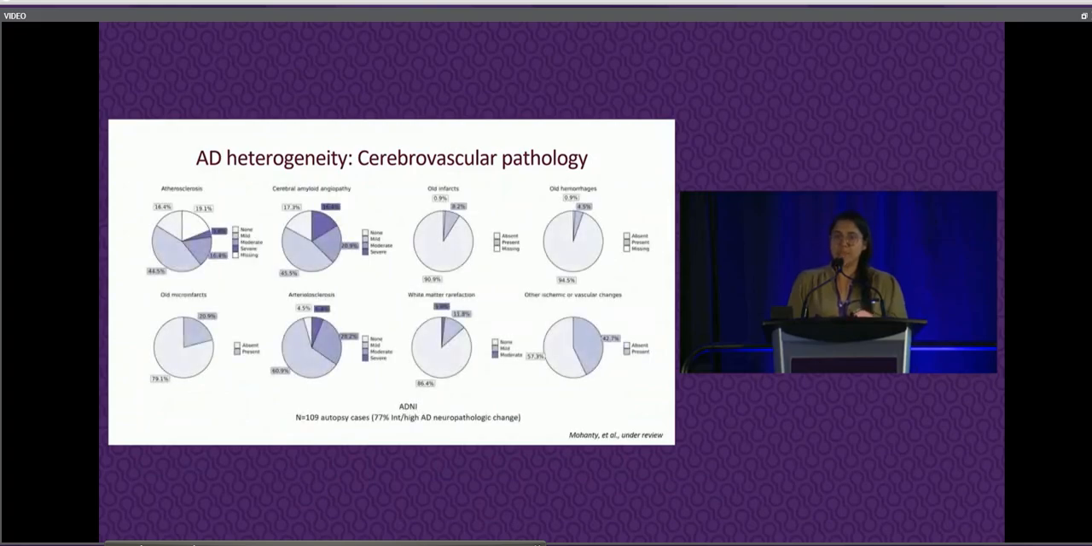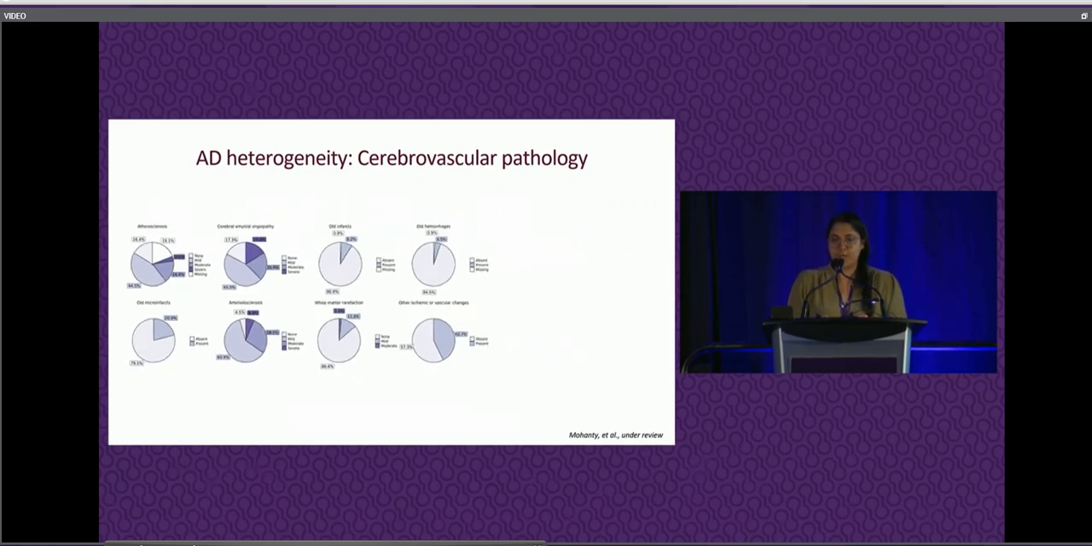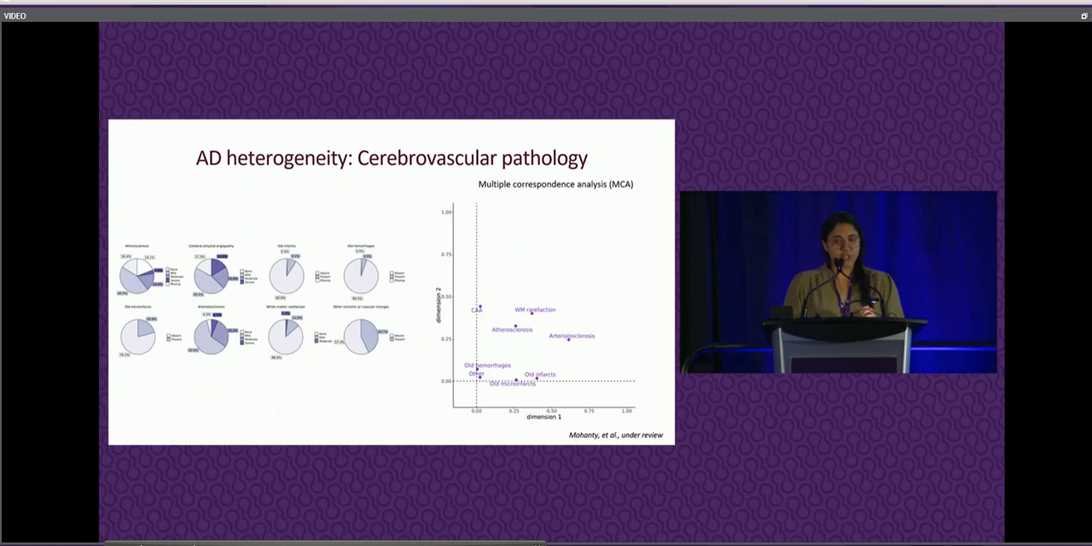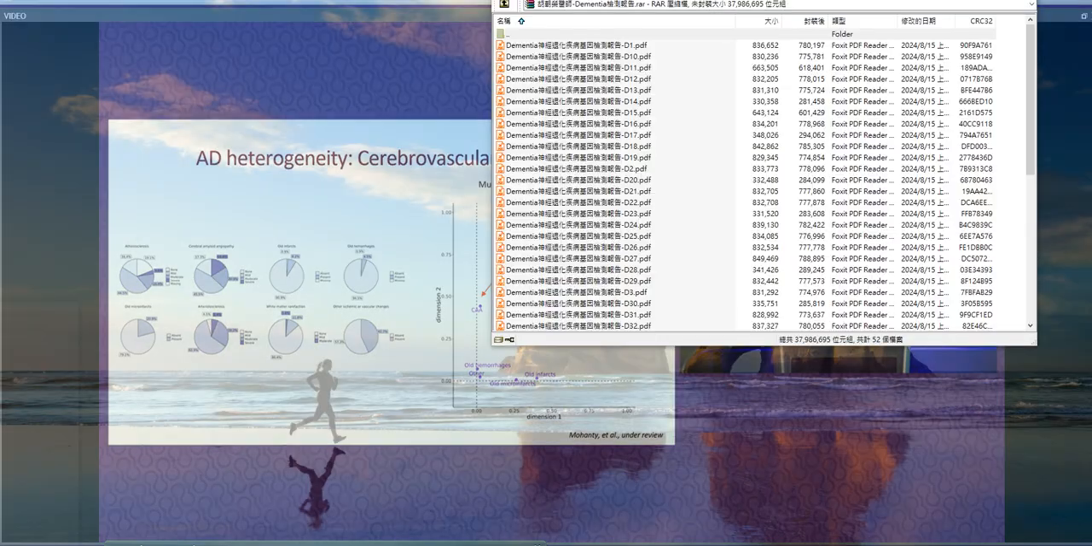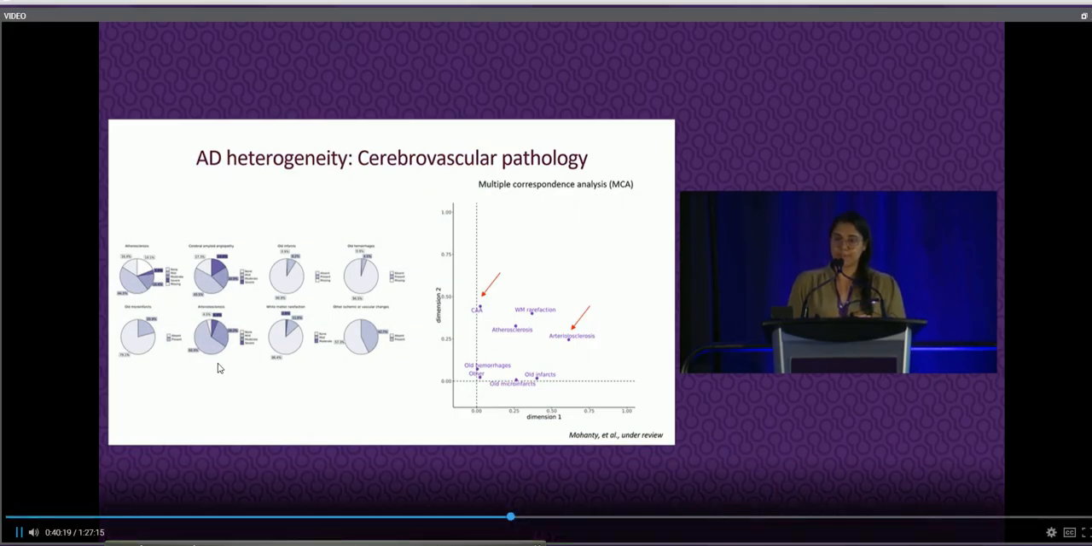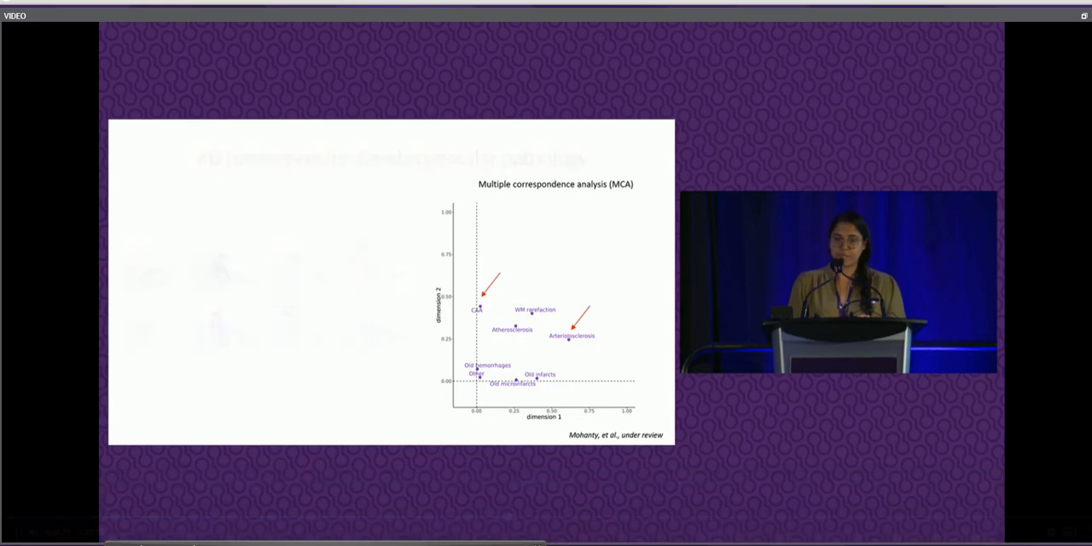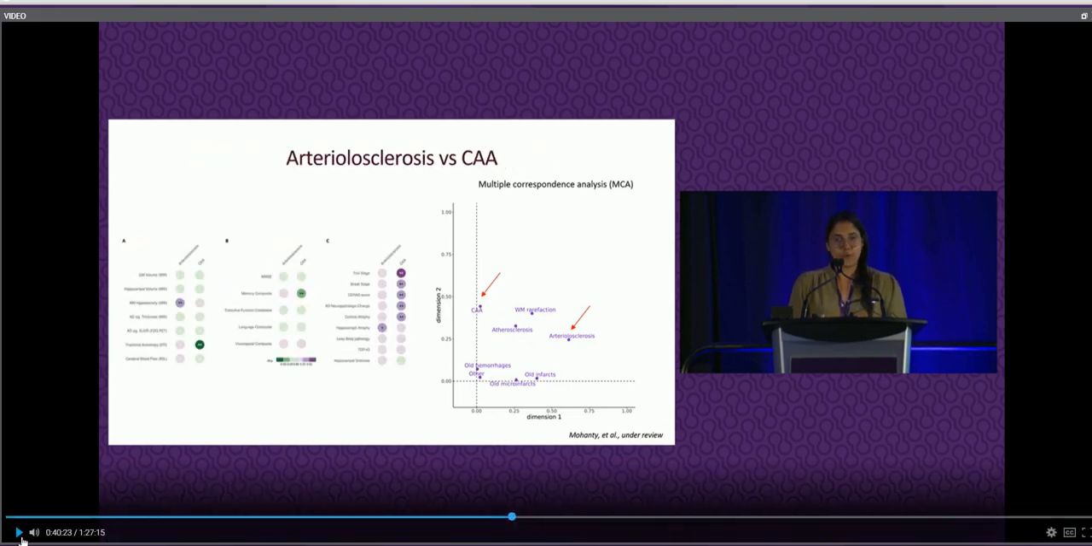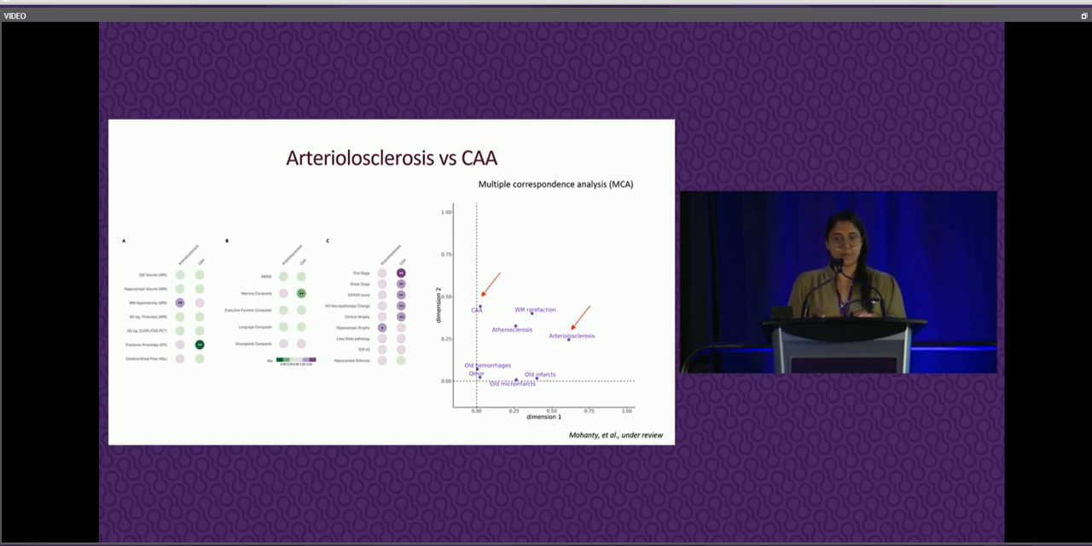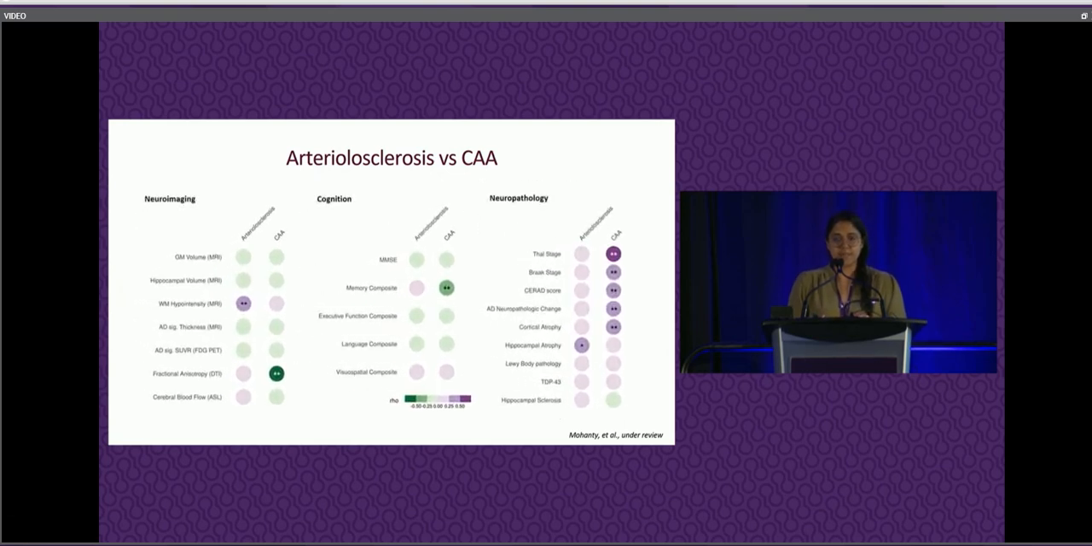So we started by looking at 8 different markers of vascular pathology based on autopsy data in the ADNI dataset. And we applied a data reduction approach, and we identified the 2 most important variables, CAA being one of them, and arteriolosclerosis being the other. We then looked at the correlates of each of these 2 cerebrovascular markers in terms of correlates at the neuroimaging level, the cognitive data, and